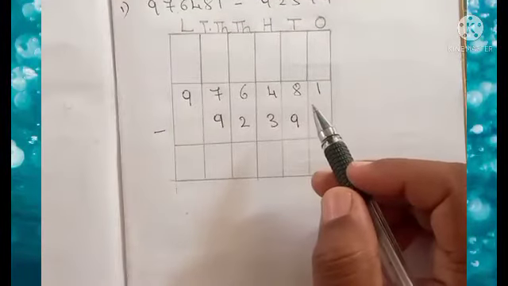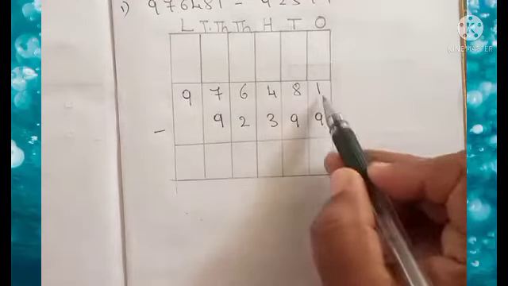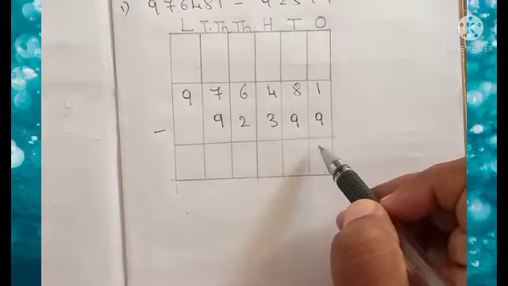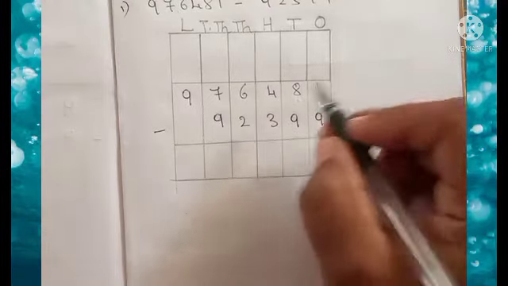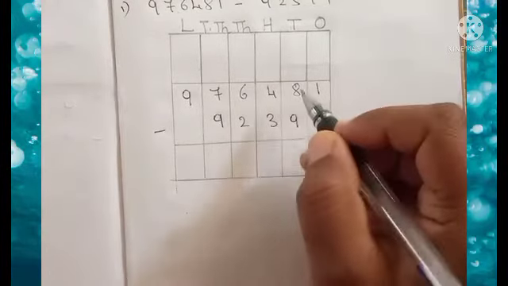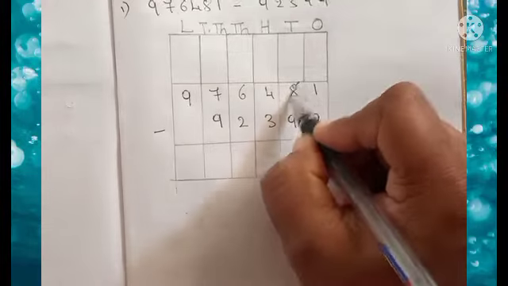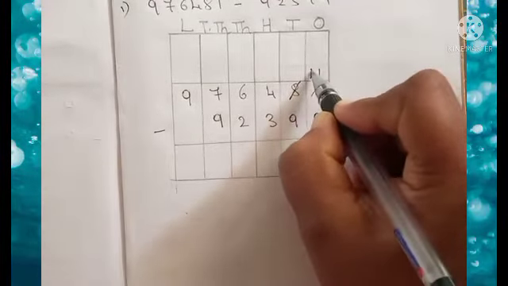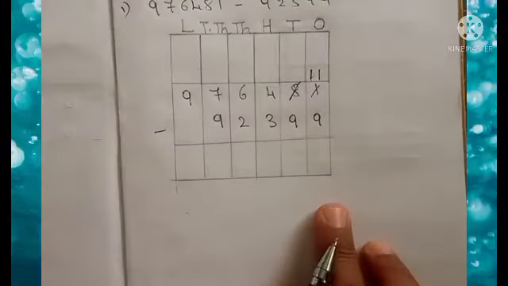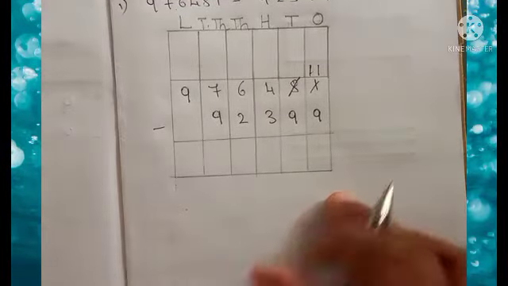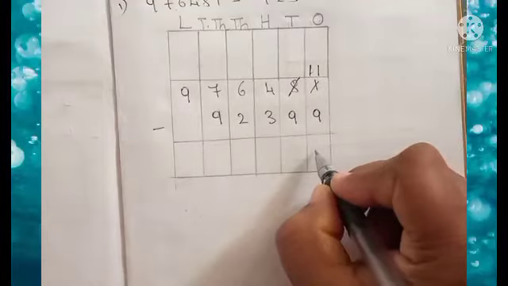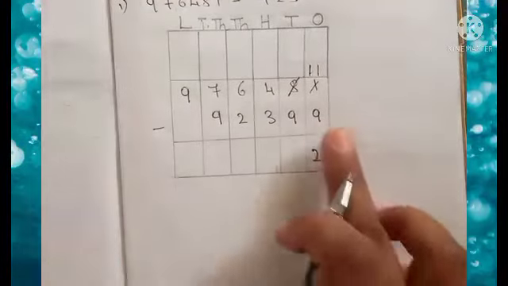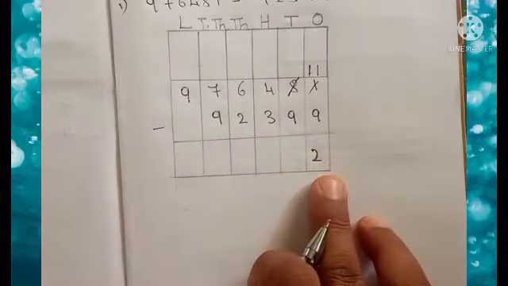Now let's subtract, dear children. In 1 can you subtract 9? No. So what you should do? You should borrow from the other number. So 8 is there. From here we will borrow 1. So this will become 11. 11 minus 9, how much, dear children? Remaining is 2, isn't it? Yes. So in 11 if you subtract 9 you will get 2.